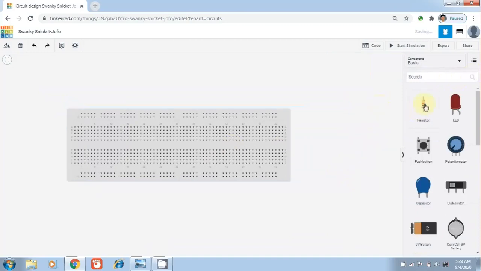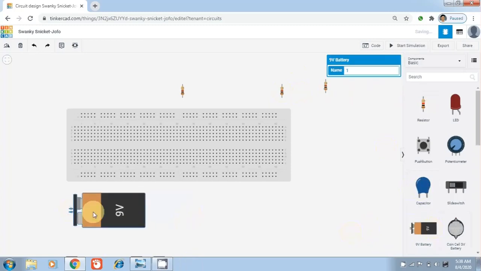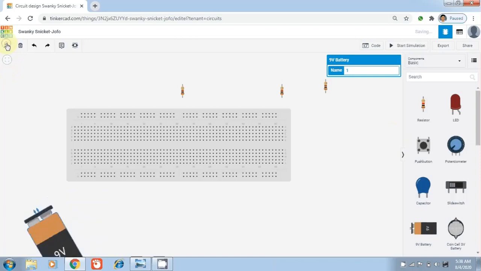As we have a requirement of resistances R1, as we want to design three, we have a requirement of three resistors, so we put three resistors over here. One more thing, we have a requirement of a battery, so by clicking, drag and drop, we put our battery onto this screen. Now if we want to rotate this battery, we click onto this option, rotate.